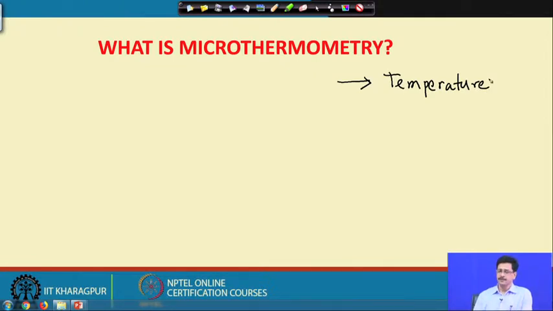We are interested to know what was the temperature of the fluid that gave rise to this particular mineral, because